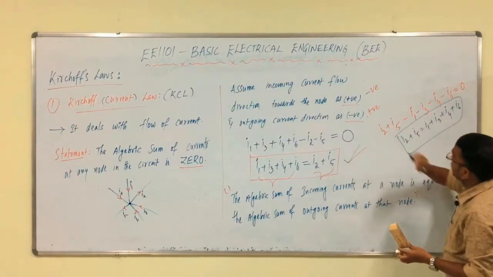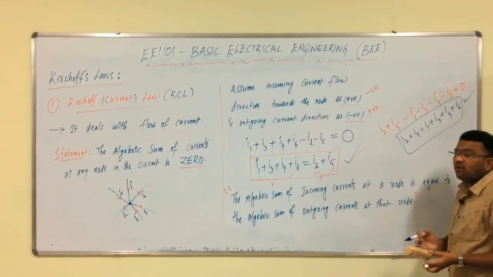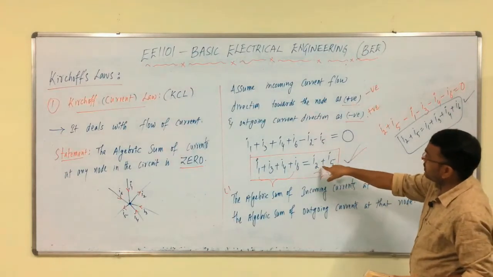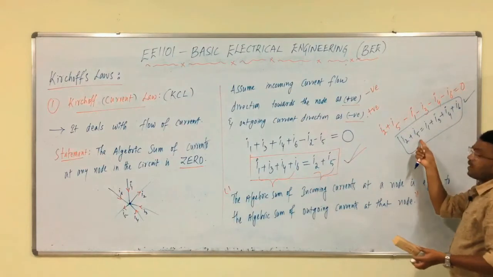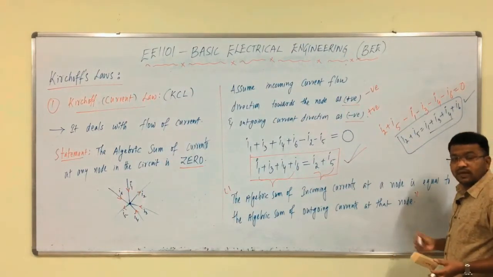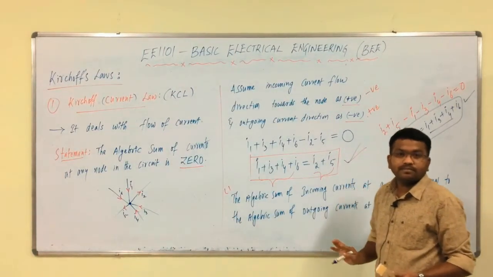So, this and this two are the same, no? So, there is no difference at all. We can assume our own direction, meaning again we have I2 plus I5 equals I1 plus I3 and something up to I6. Here also we are going to get the same, I2 plus I5 equals something. We can assume our own current direction, there is no problem at all.